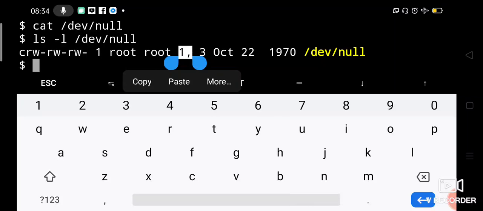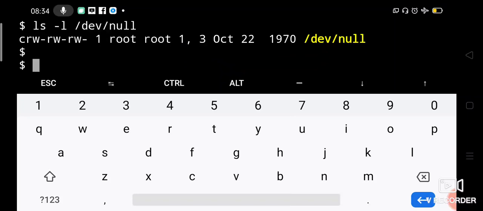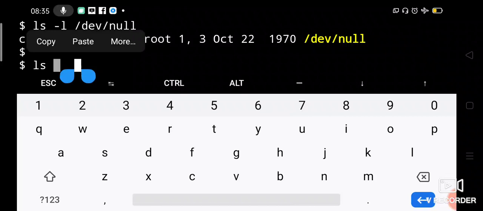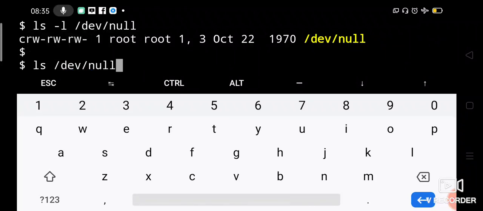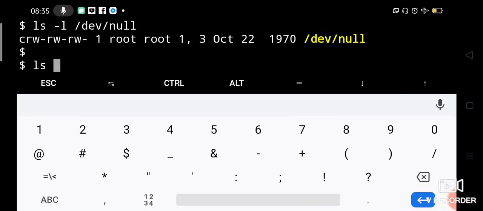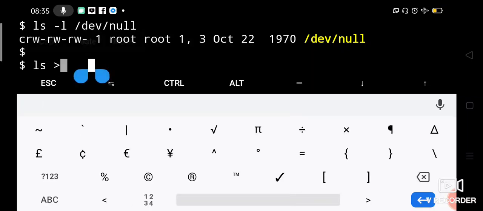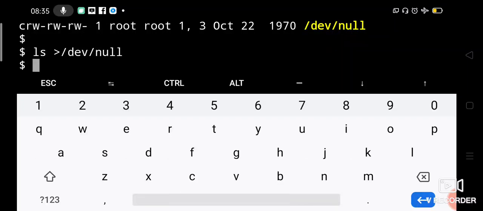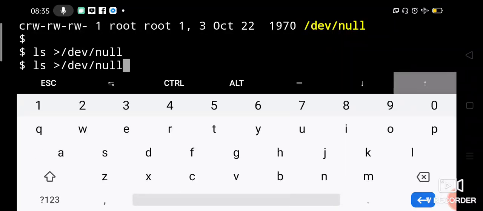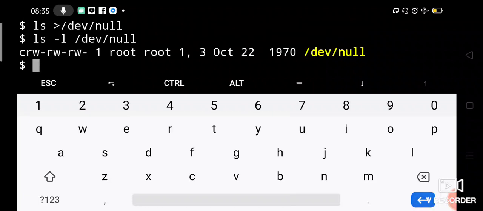So now if you use ls, redirected to, let us say, /dev/null. Okay, output of ls is redirected to /dev/null. Then let us check what the size is. Still it is 1 only, it has not changed. It will accept everything, but it will not store anything, the size of which will never grow.